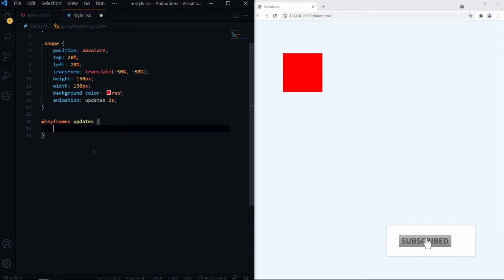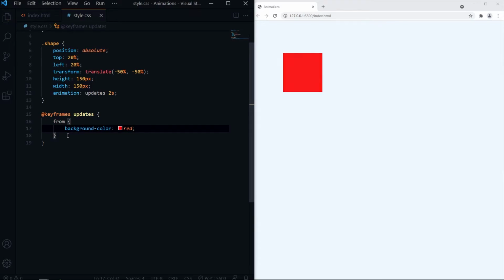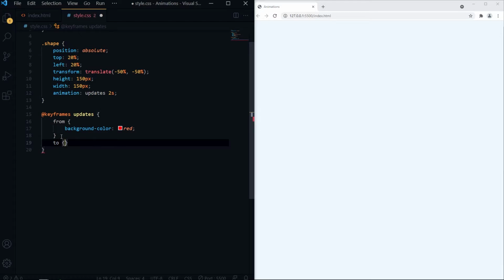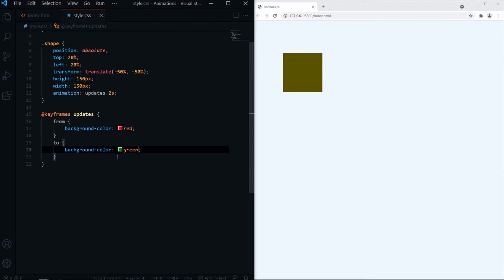Here we can define at what interval what style is needed. For a basic one, I can give from: when we start, we need background color red. To: when we end, we need background color green.